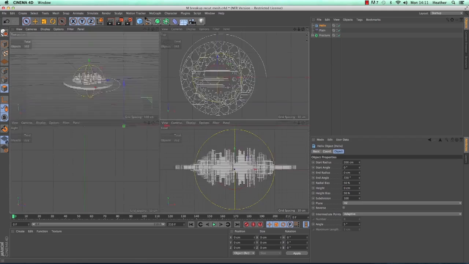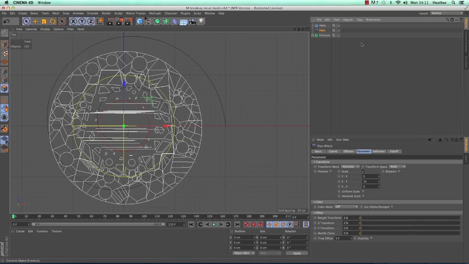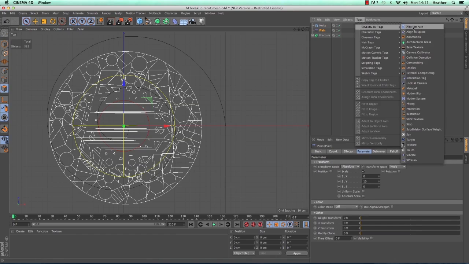Now if I jump into the top view, you can see that we have a nice spiral going into the centre of the mesh. Now we need to tell the plane effector to attach itself onto this spline. We do that using a tag, so I'm going to go to the plane effector and just select it, then go to tags, Cinema 4D tags. In there you've got align to spline.